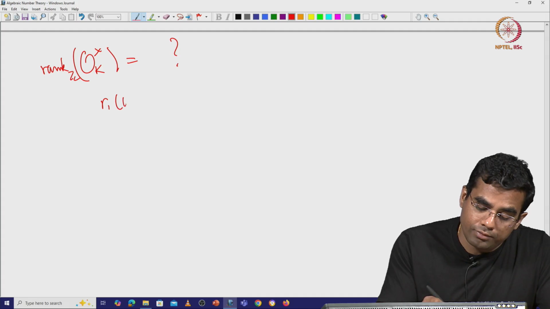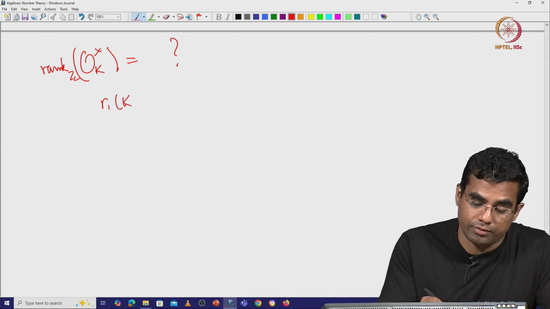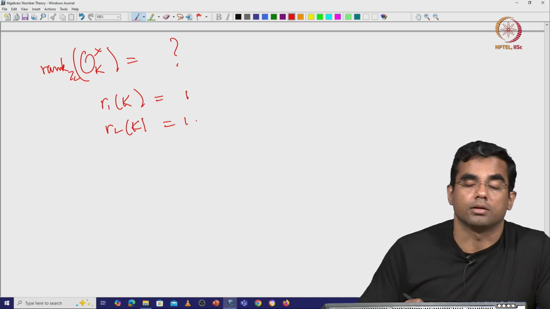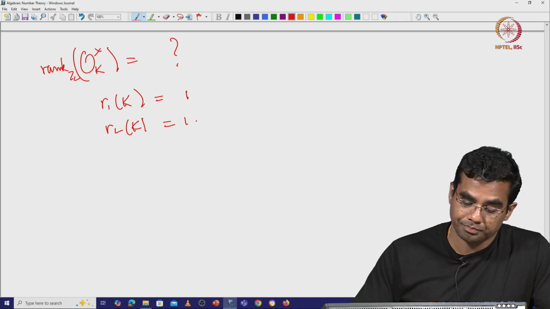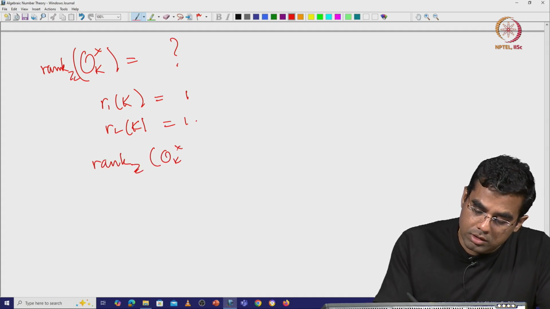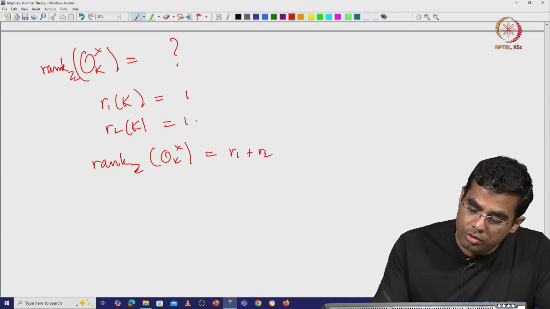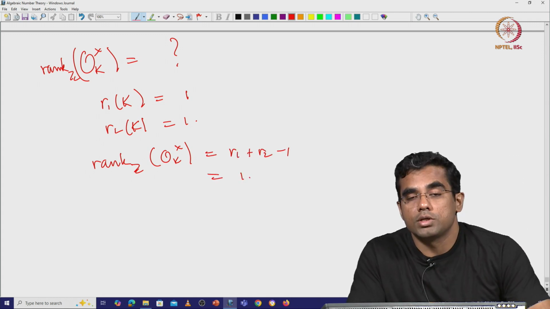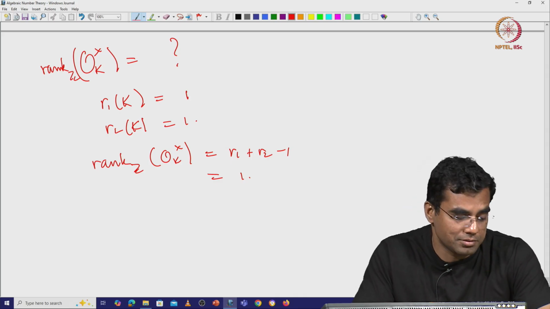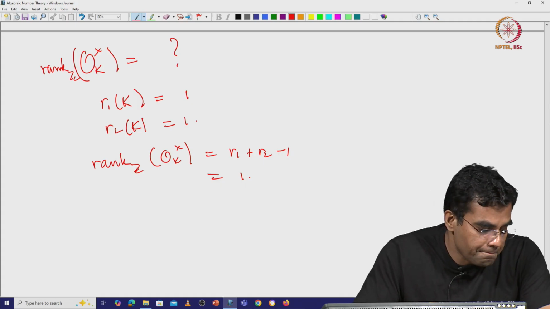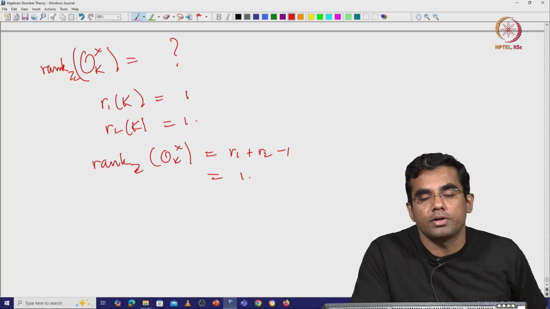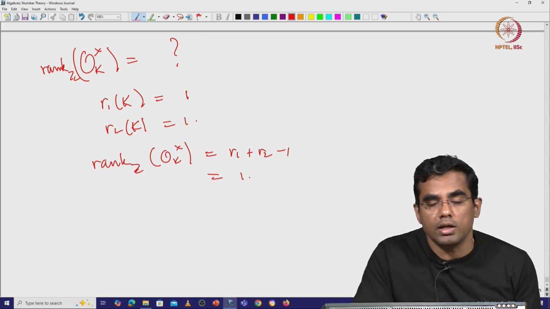So, R1 of k, which is the number of real embeddings of k, is equal to 1, and R2 of k is also 1, right. And so, rank of OK cross, this is R1 plus R2 minus 1, which is 1. So, this has rank 1, which means that this situation is a bit like real quadratic fields, okay. And yeah, we will also see examples of finding units in real quadratic fields a